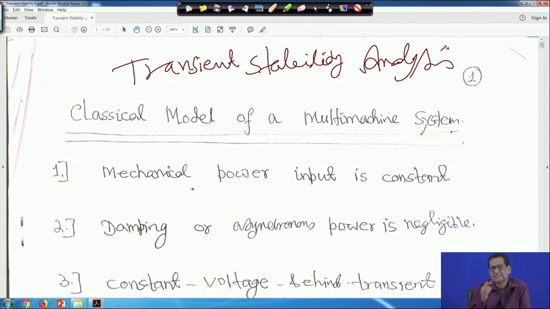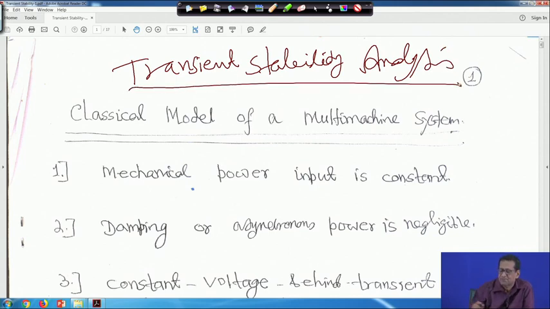Transient stability analysis, right. Basically, in the power system analysis course, the single machine infinite bus we have seen, right. Here we will see the multi-machine system, but let me tell you one thing: the simulation techniques we will skip, because in the classroom we cannot do that, right. So, I will think only from the point of view of classroom exercise.